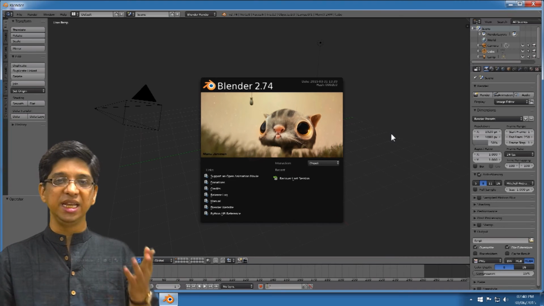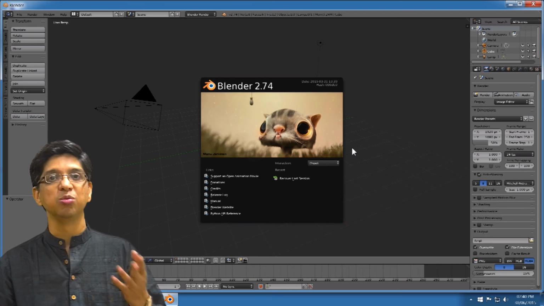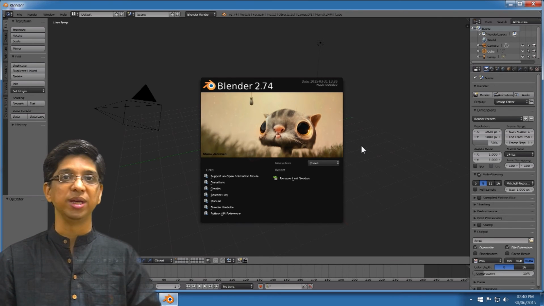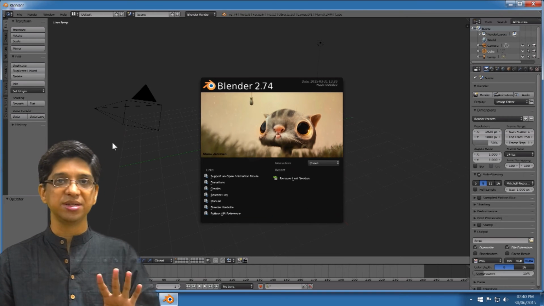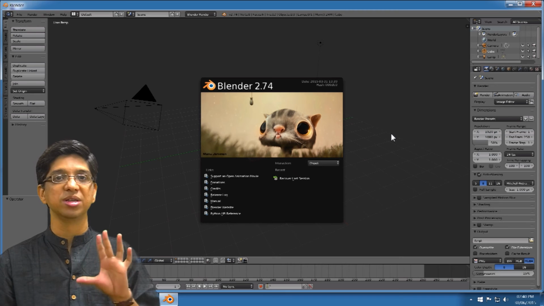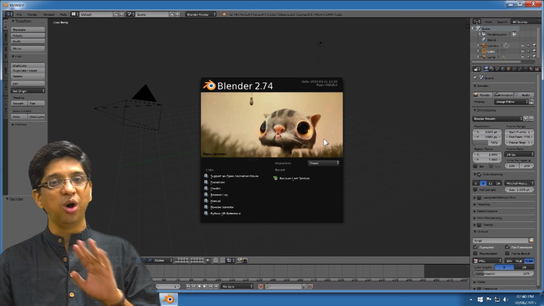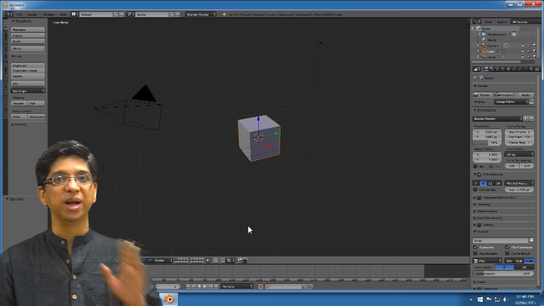Again, this screen is for Blender 2.74 because we are recording at the time when 2.74 was the stable release, but it may differ when you are doing it yourself. So don't worry, this will be something called a splash screen, or the first particular screen which opens. The image in the center of this animal can be gone if you click anywhere on the screen, and then you are free to use Blender. Just before getting into it, let us see how to install using a zip file.